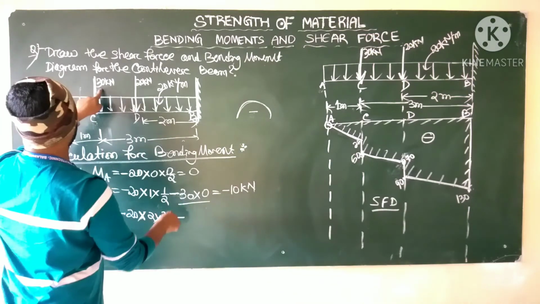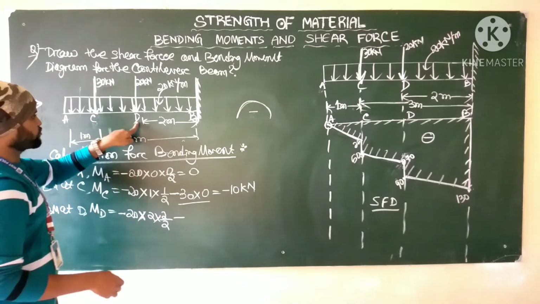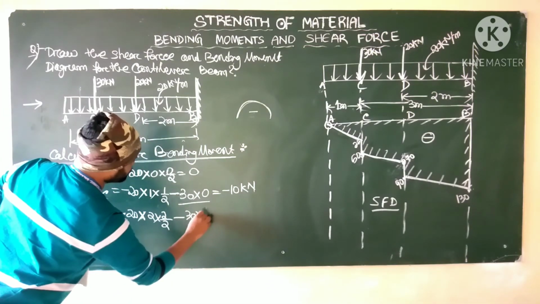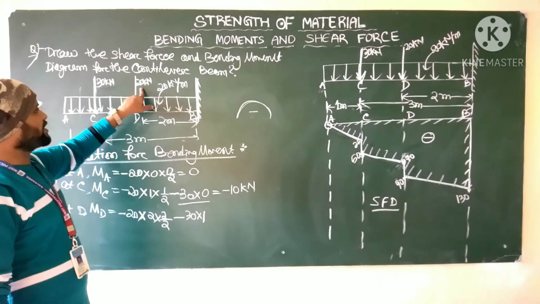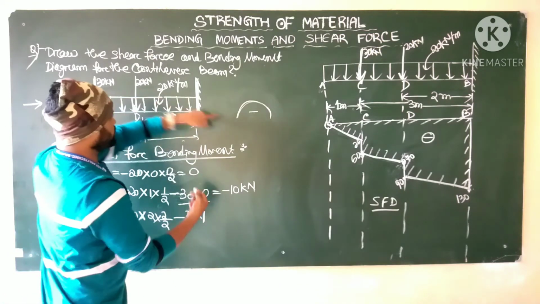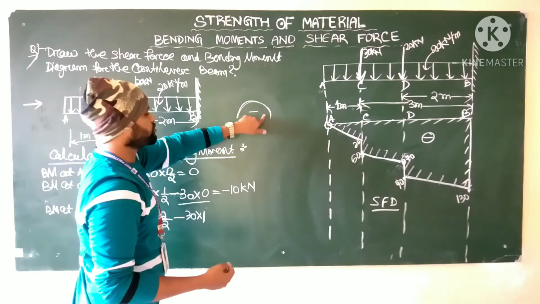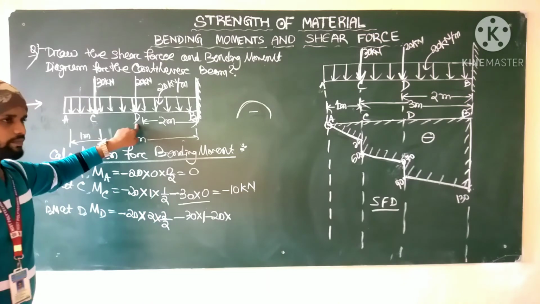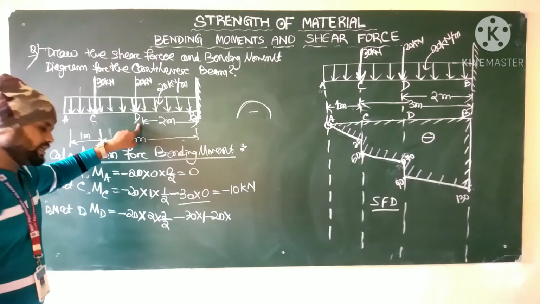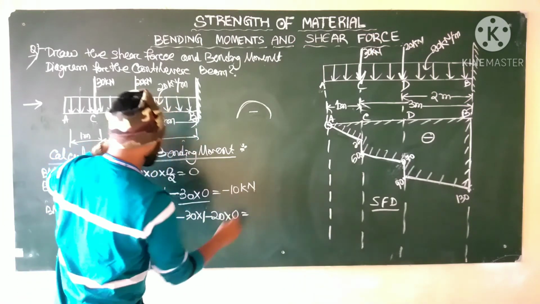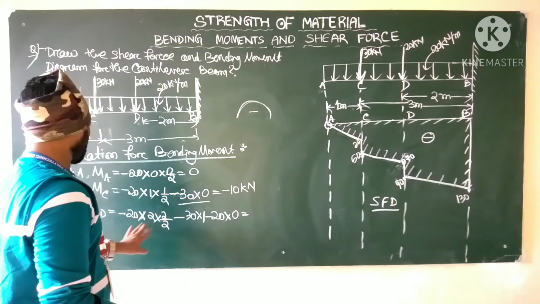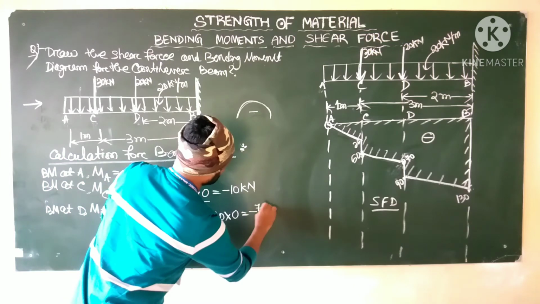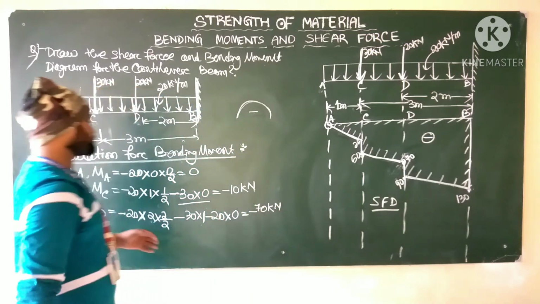Now the point load is at C, we are calculating at D, so the distance is 1 meter, so 30 into 1. Now at point D there is a point load 20. This will also bend the beam downward, that is convexity. Minus 20 into, as we are at D and the point load is at D, the distance is 0. So the 2 by 2 cancel out, 40 minus 30, that is minus 70 kilonewton.